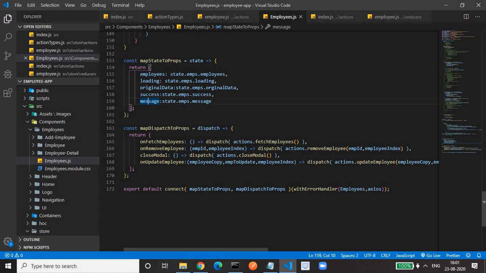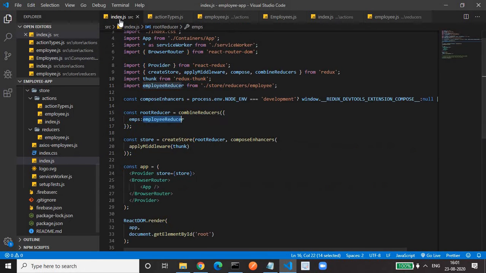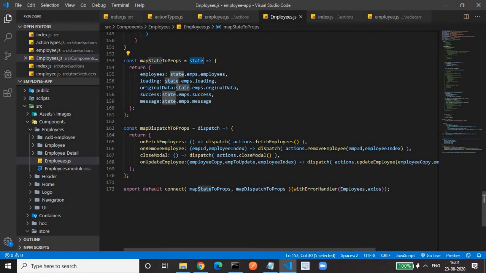And this is how we are fetching the value from the state. This is the global state. If you see in the index.js file, we have created a slice of the state, emps. That's why you have to access that state by using state.emps.employees.